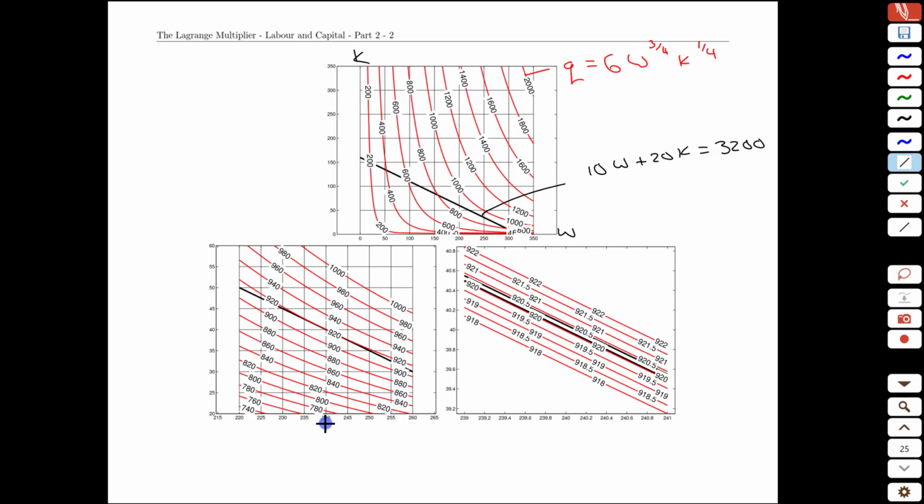The location that we found was at 240 for the workers and at 40 for the capital. And we can see at that point, we're just touching the 920 production value. It's a hair above that in practice, but we're actually able to produce 920 units